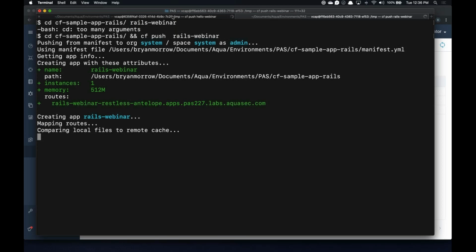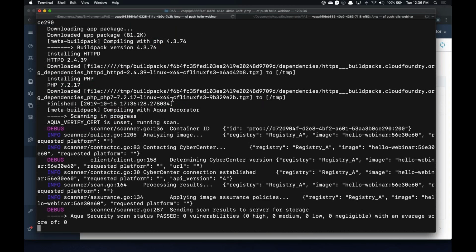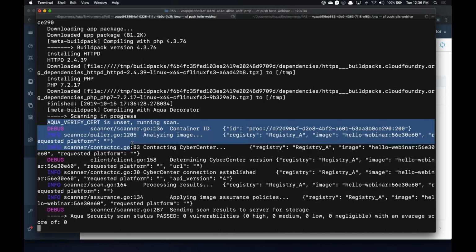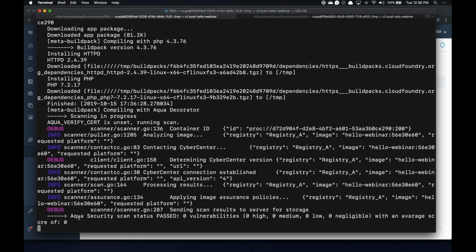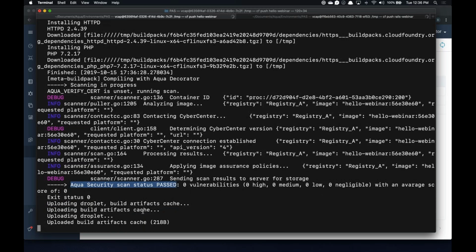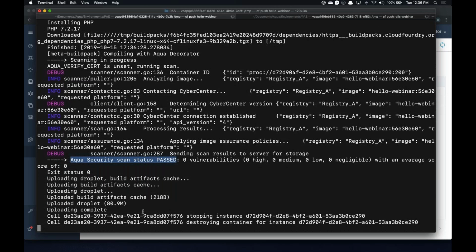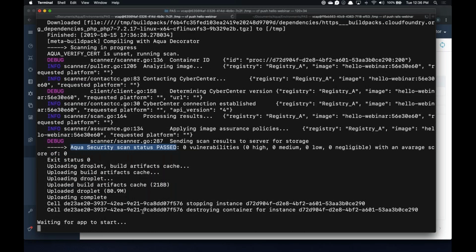There we go. So now, if we take a look at the hello world one here, you can see that Aqua is actually scanning this during the push process. We can see that Aqua Security status passed. There's 0 vulnerabilities, and now it's going to allow it to continue and say, okay, go ahead and build this application onto